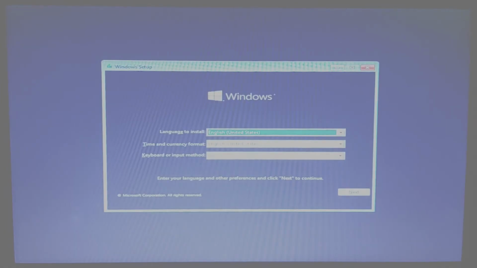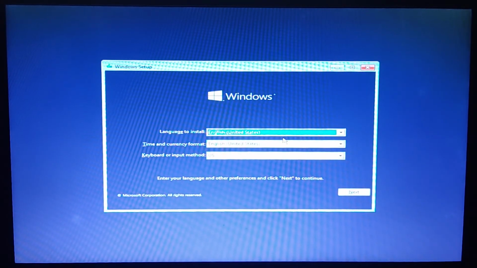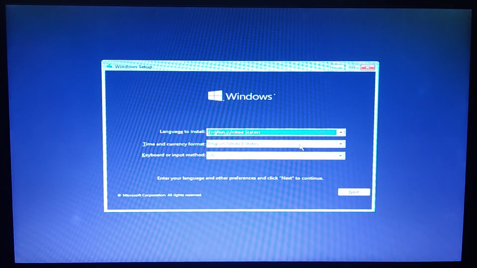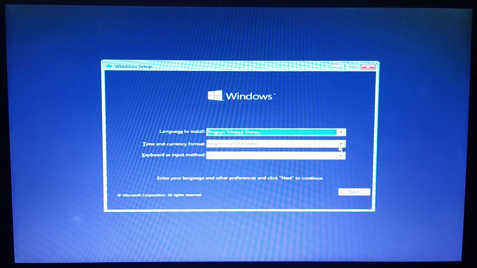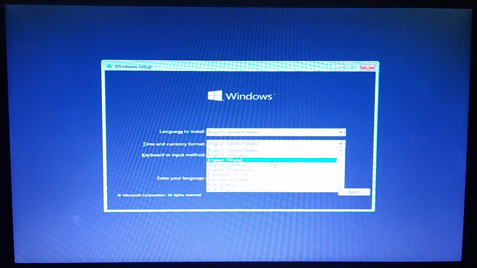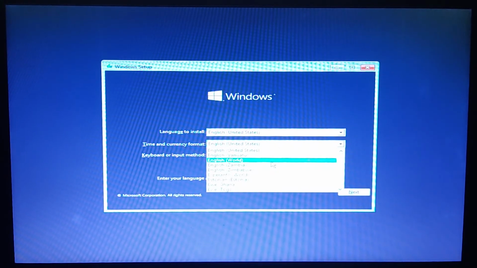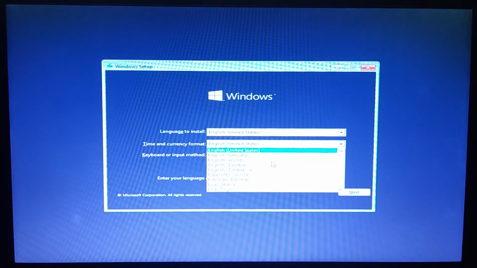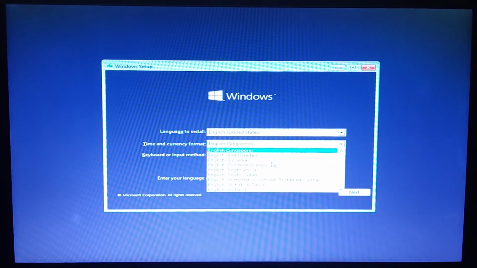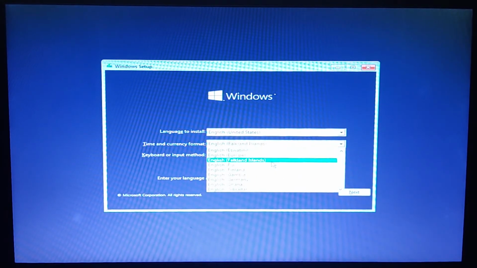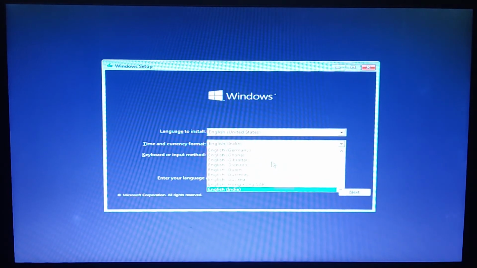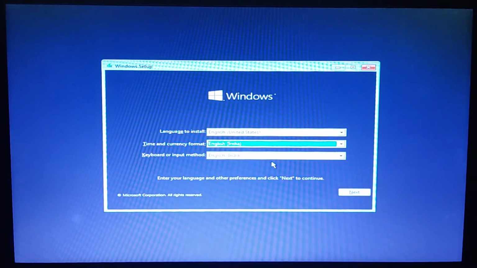Now we can see our process is ready. So here we can change the time and currency format. We can click here and choose English India, and press the enter button.